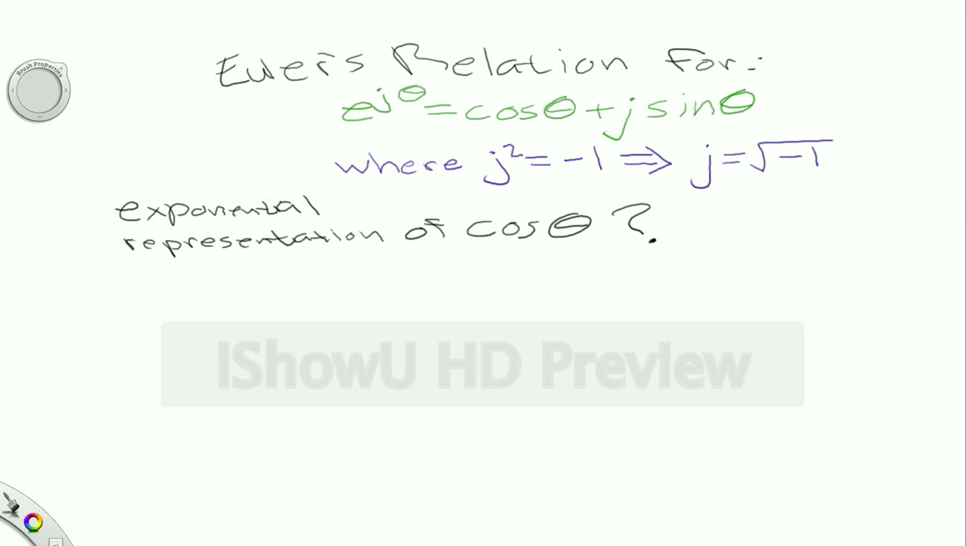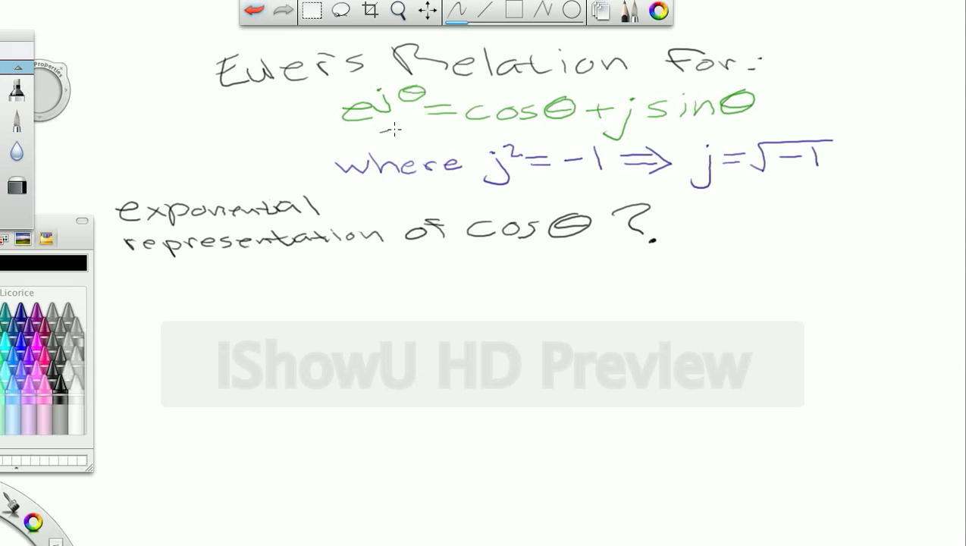So the question is, show the exponential representation of cosine theta. That sounds a little awkward at first. Basically, you have to know a couple things. You have to know this relation right here,